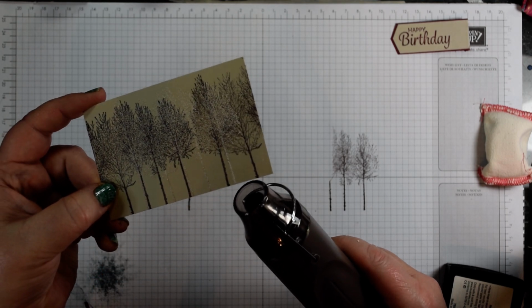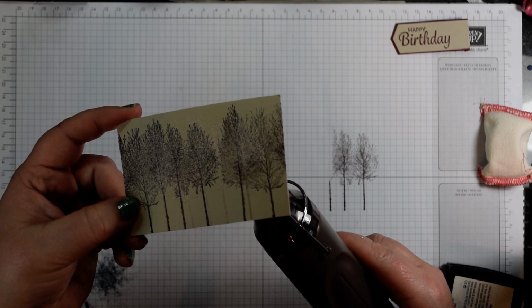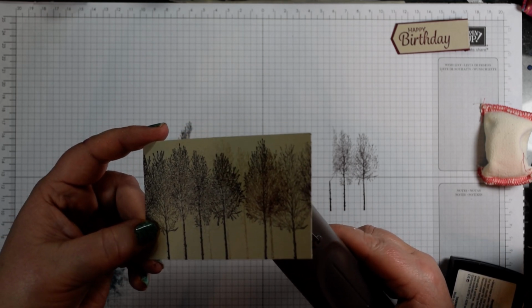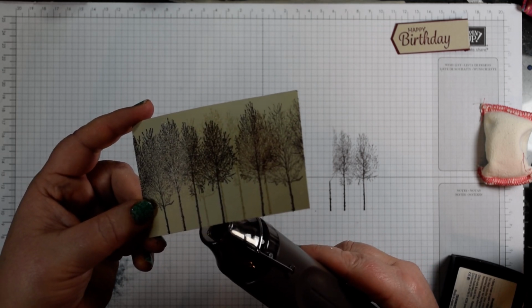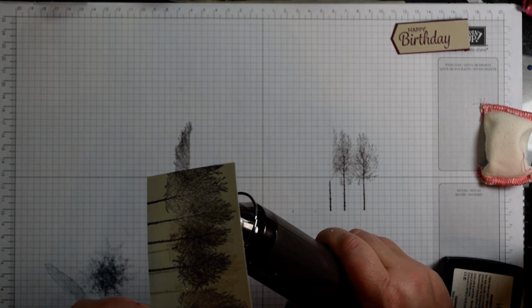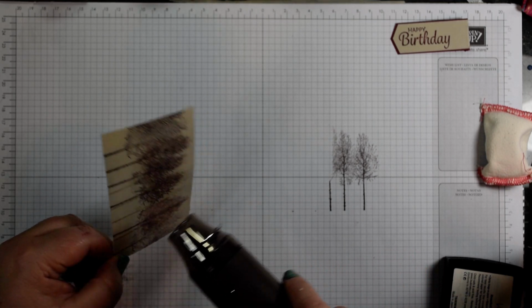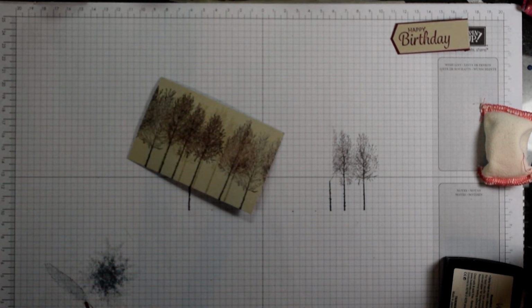And just like embossing powder, you'll see it start to go shiny. Don't leave it on too long, because obviously what you don't want to do is dry it out. So just as with embossing powder, wait till it just turns and then move on. So hopefully you can start to see, so I'm just making sure that's nice and warm all over, and then I'm going to come in with my